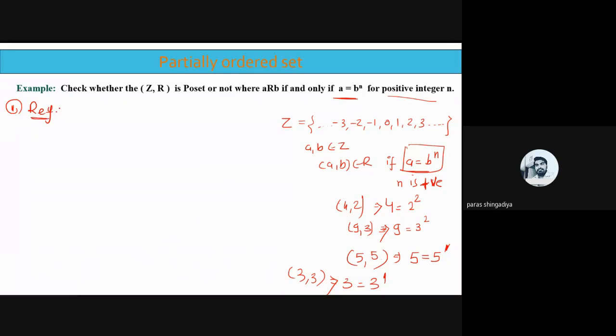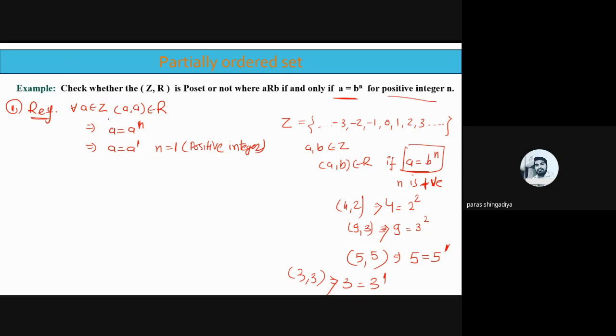Reflexive. For every A belongs to Z, we'll check whether A comma A belongs to R or not. So A comma A belongs to R means you can write A is equal to A raised to N, okay? And you can consider N is equal to 1. A is equal to A raised to 1 by putting N is equal to 1, and that belongs to the natural numbers, means it is a positive